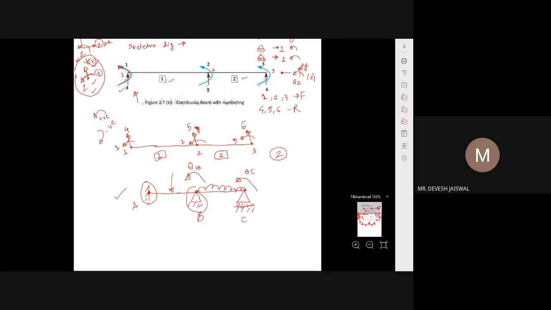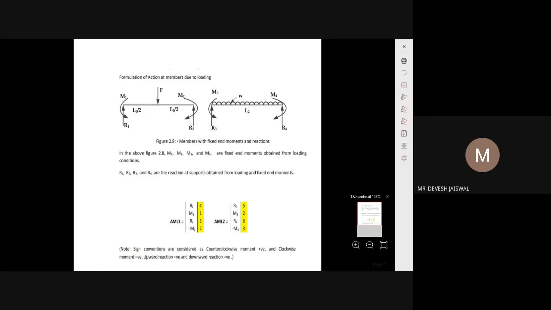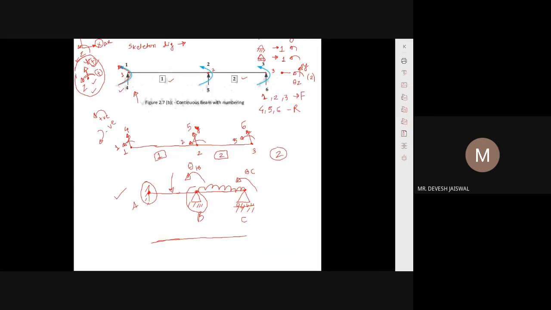Where will the displacement be? At B, at C. In which direction? Rotation. Theta B, theta C. Now we have to give the numbering, which is very important. Okay, to analyze the structure, how to give a numbering, that is very important. So how to give the numbering here? This is the skeleton diagram we are showing here. So this is your node 1, this is node 2. Whatever I am drawing here, you just concentrate. So node 1 is node A, which is a fixed support, and this is your member 1 and member 2.